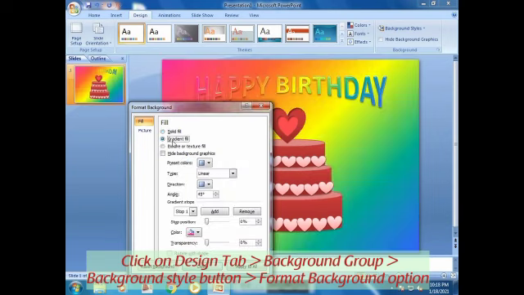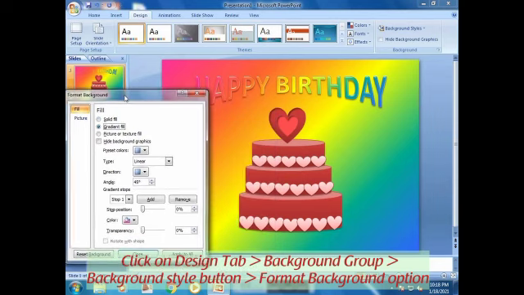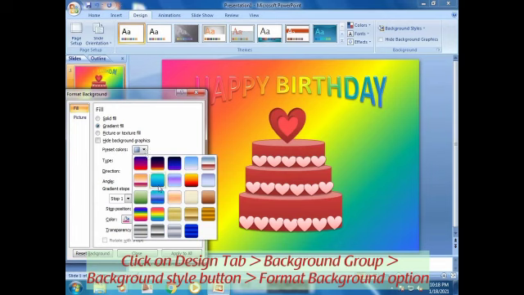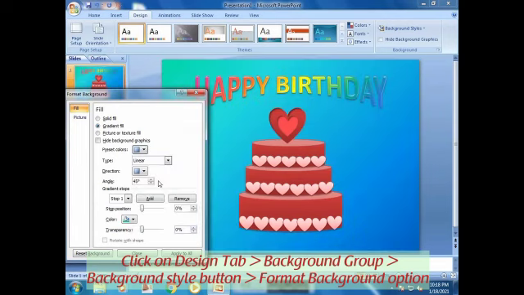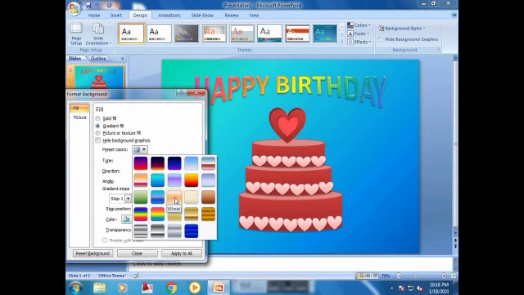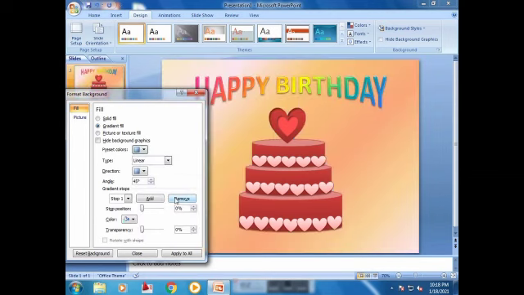Select any other color from your gradient fill option to see the result. After selecting the color, click on OK button or Apply button.